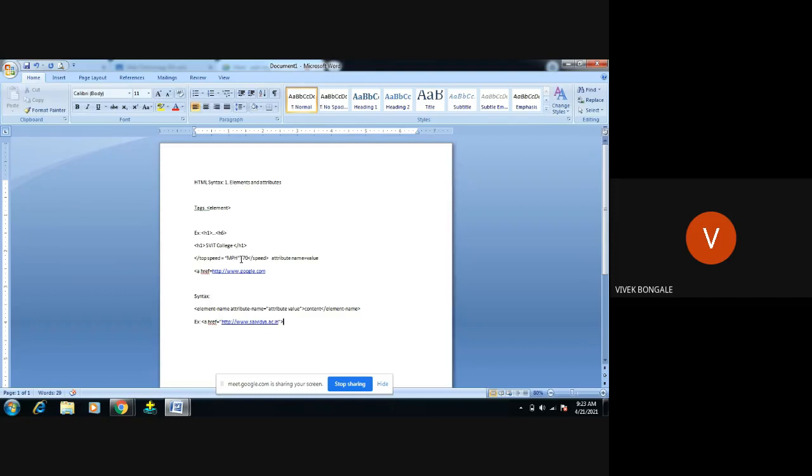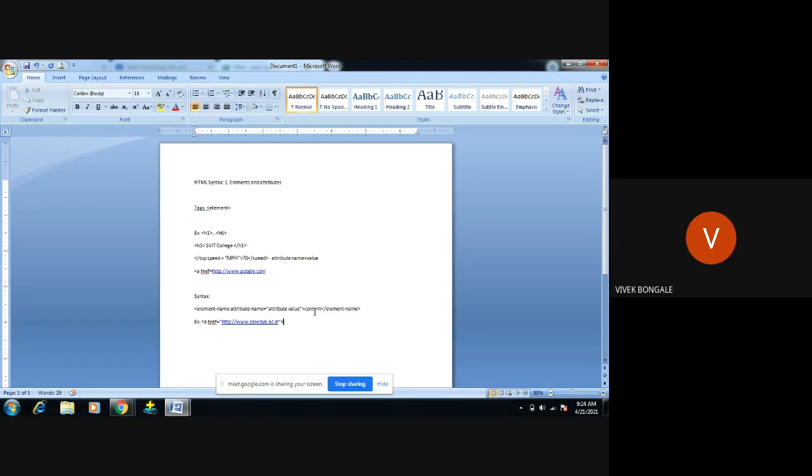Then content. Why we require this content: for example, I'm trying to take this particular link from another document. This content may be in the form of text or in the form of another element. Basically, if we use the anchor tag along with the hypertext reference, we usually give the content in the form of text only, because after linking this particular page, that particular file should be in the form of text only. That is the reason I'm giving this content as some other value.